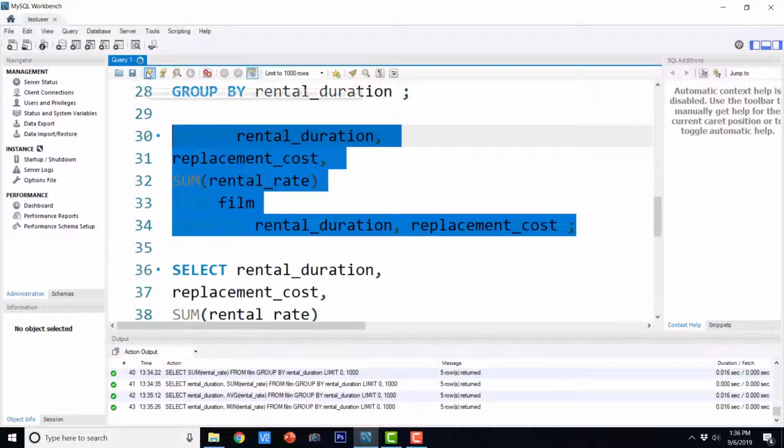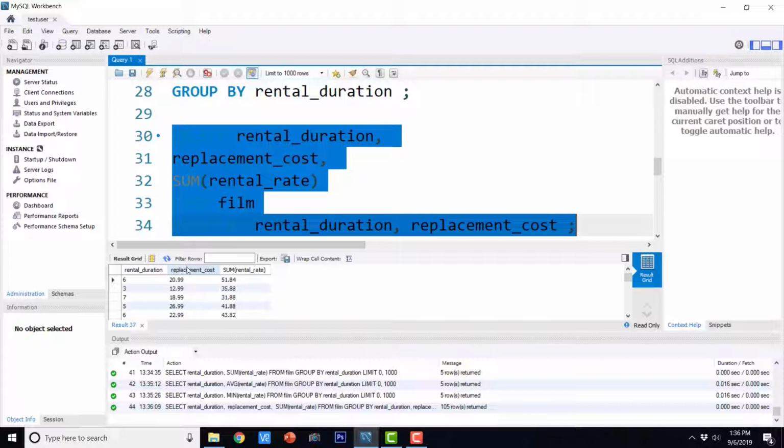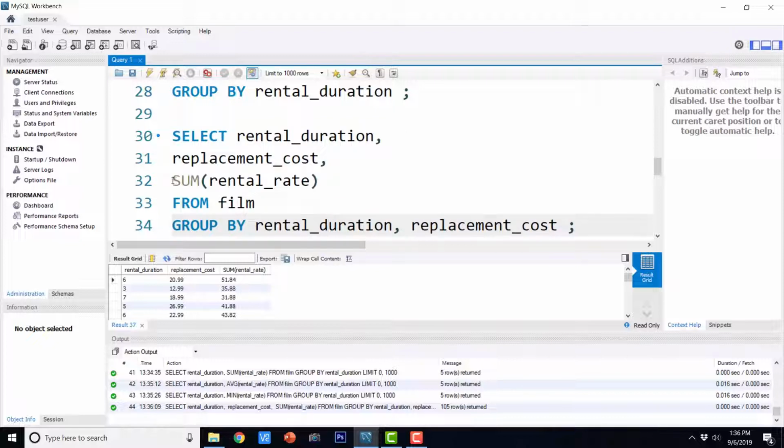If I execute something like this, it divides the entire data set into groups according to the rental duration and replacement cost. For every combination of rental duration and replacement cost, it is going to calculate the summation of rental rate.